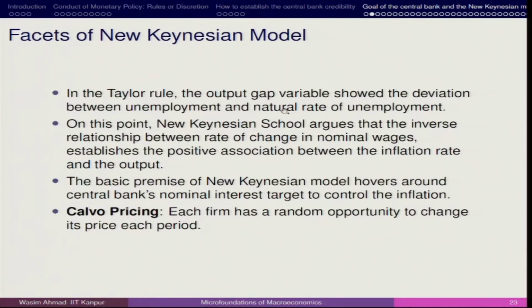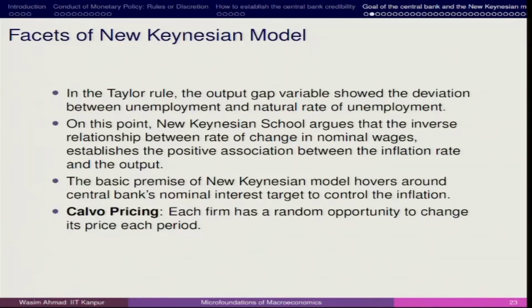If your actual output is greater than this, then you have less unemployment, but at the same time this actual output increases beyond the natural level of output, or the output beyond the natural level of unemployment. What we see is that there will be excess demand, and this demand will be further pursued by a higher level of inflation rate, which means that the positive output gap is compensated with the rise in inflation.